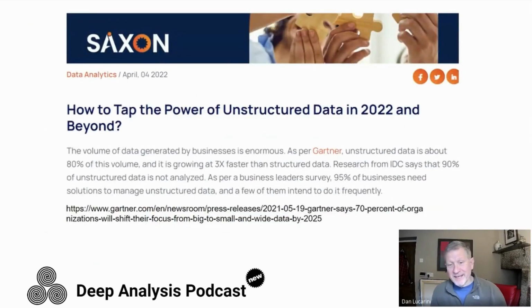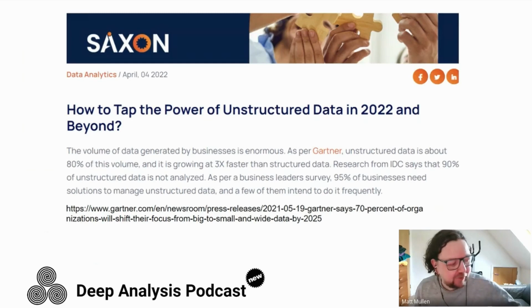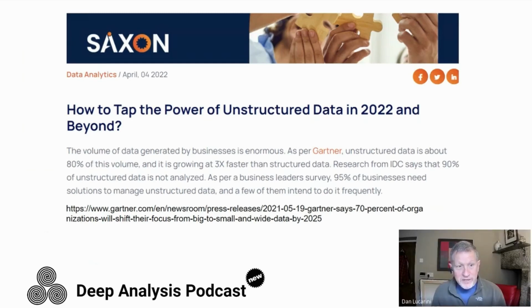Go to the next one. By the way, that URL on the last slide goes to a white paper that has nothing to do with 80% unstructured data. And here's another, added at the press release stage rather than the research. And here's another one: a reputable AI software company blabbing on about the power of unstructured data, and as per Gartner, unstructured data is about 80% of the volume.